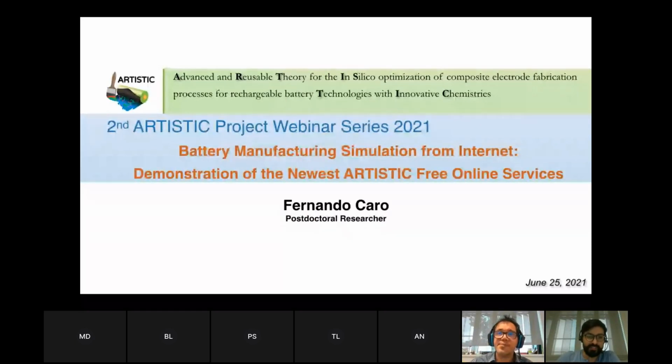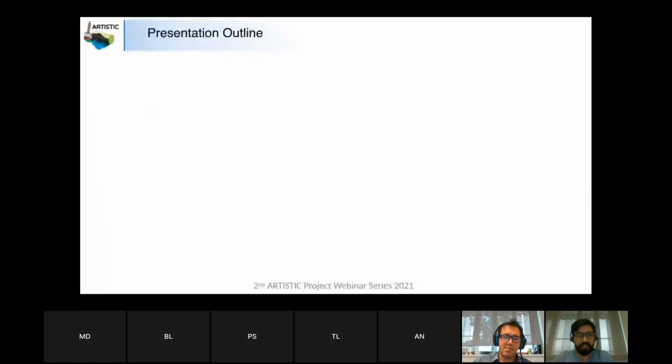Thank you, Alejandro. Yes, so here I will present this new tool that has been developed here in the Artistic project that we call the Artistic Free Online Services. The idea of this tool is basically having access to battery manufacturing simulations that you can access through your browser. So here I will cover at the beginning an Artistic overview because this is fundamental to understand the scope